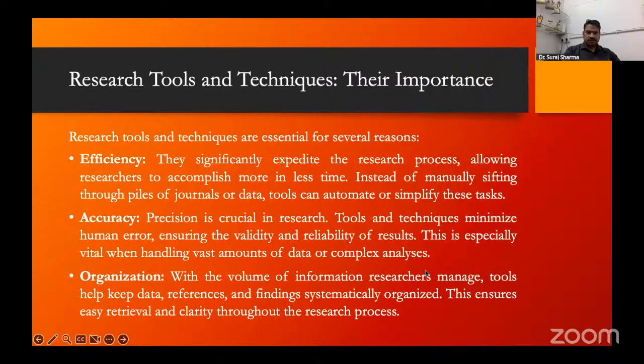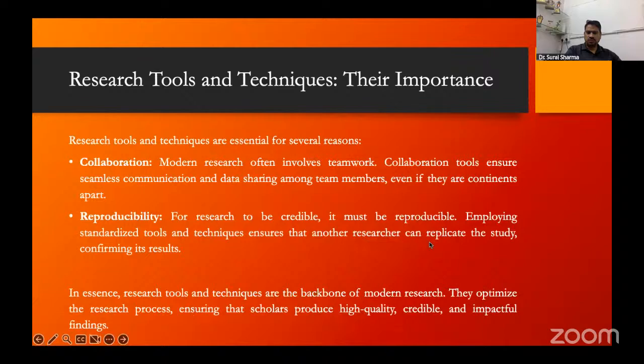So the organization of your research. With the help of the tools and techniques that we'll see today, we can actually make things organized. And I'll let you know some of the tools that I am also using. Now, next thing is